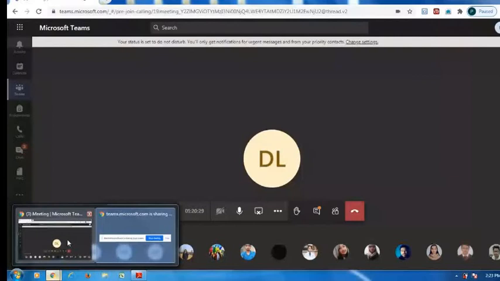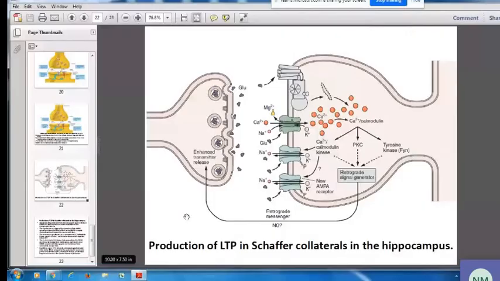Synaptic plasticity is a very favorite of your examiners. As you already know, whatever information has to be transmitted is by the communication between the neurons. If we are learning, like you will have an exam after a few days, then what will you do? You study one thing, then you revise it again, and then you can write without seeing, isn't it? So how does it happen? That is called learning. That is called plasticity.